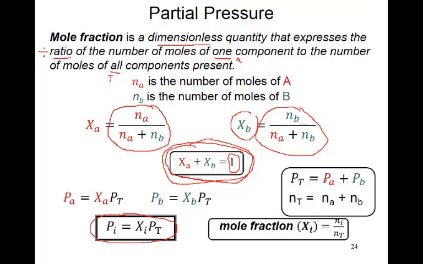Here he says again, when you sum the pressures, it will be equal to the total pressure. When you sum the number of moles, it will be equal to NT, the total number of moles, and total pressure PT. But when you total XA plus XB, it will be equal to 1. So the final equation of the mole fraction is here. In place of A, B, C, D, they say i means any of A, B, C or D. So these equations in the box will be used in the calculation.